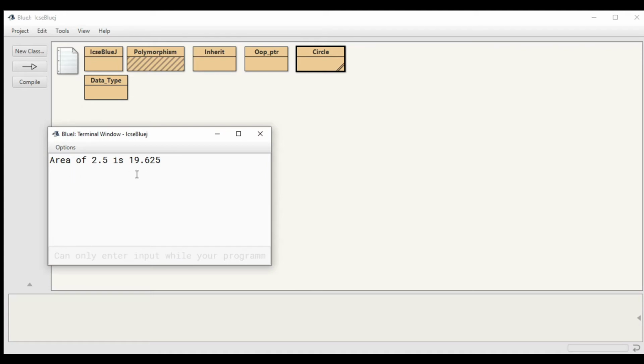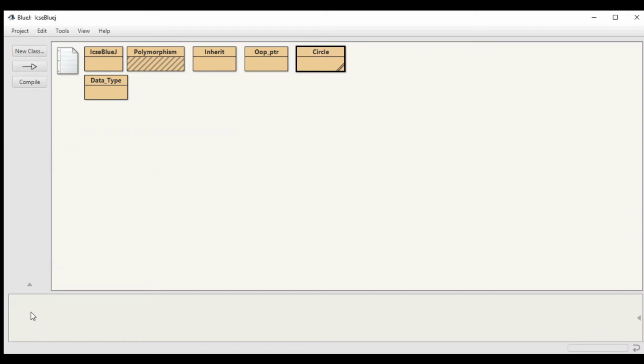Don't worry about the output, just see the difference of execution. In the previous programs, you will find I had to create one instance. The instance name used to come over here, and from that instance I had to select the method which I want to run. But in this case that is not required.